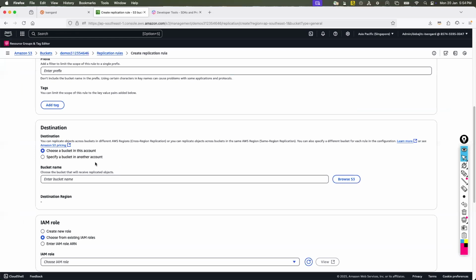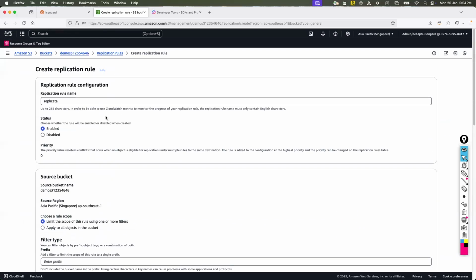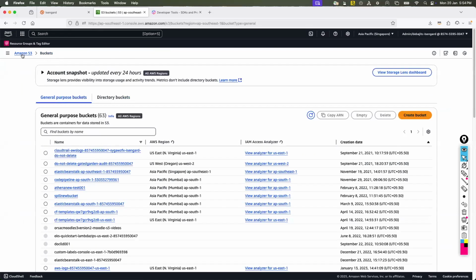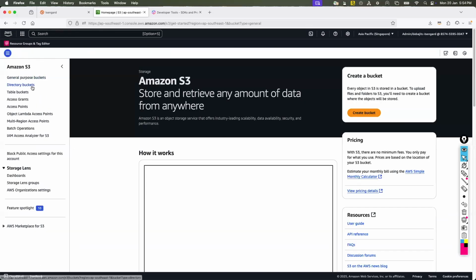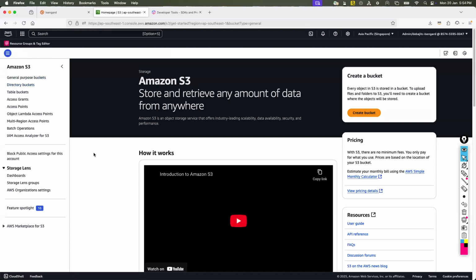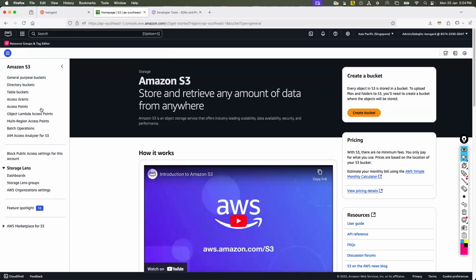I'm not going to do that, but it's a very quick way to do it, because S3 itself takes 2-3 complete 2-hour sessions. It is vast because this is one of the first services AWS launched, and over a period of time it has matured a lot.